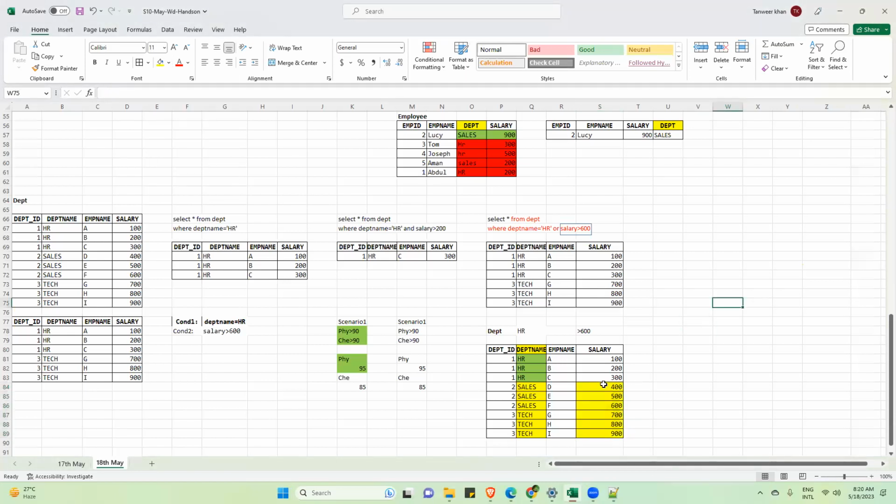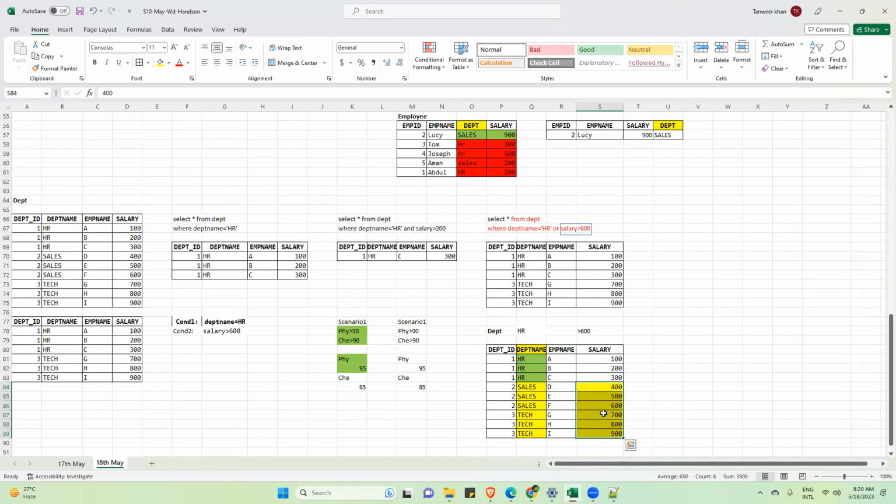So in our condition, you will apply or test the second condition on the rejected records. These all are rejected. Now, out of these, you will check how many of them are fulfilling this condition. Is this clear? Yes. These all records were rejected after condition 1. So condition 2, you will test on the rejected records. Now here you will test how many of them are fulfilling greater than 600. Then you will select from it.